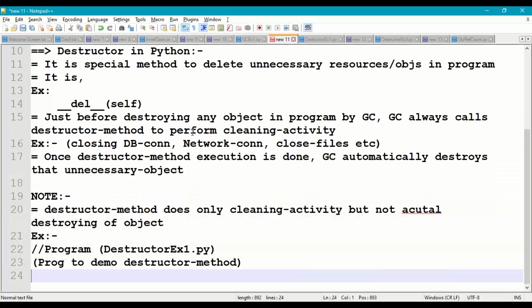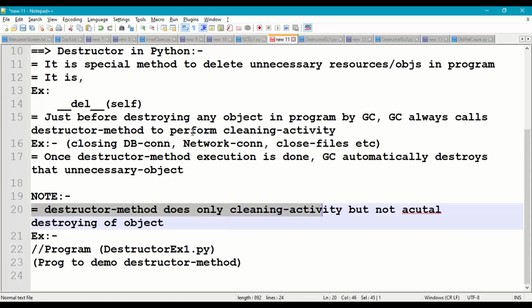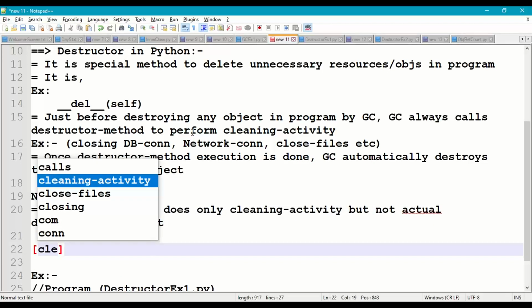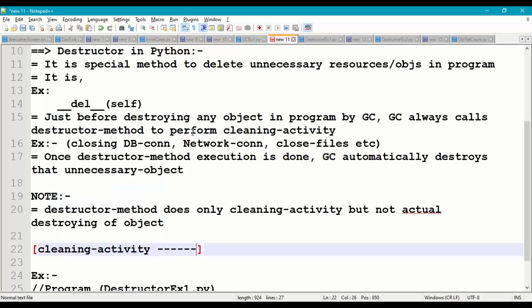So the Destructor method performs the cleaning activity, but not the actual destruction, because actual destruction is done by gc and Destructor will perform only cleaning activity. So it goes like this: first cleaning activity and then